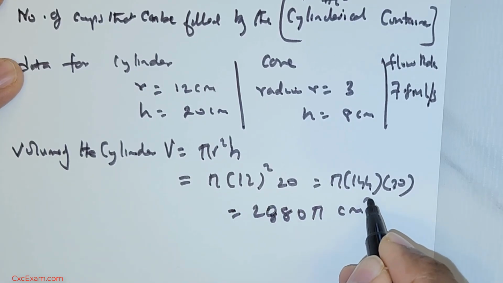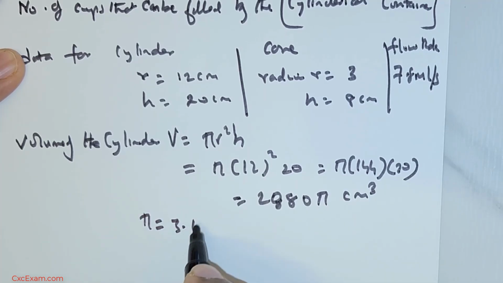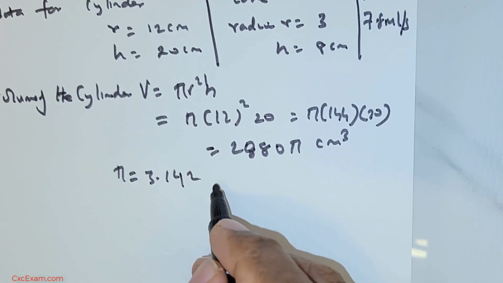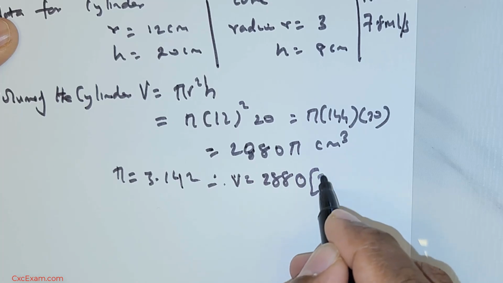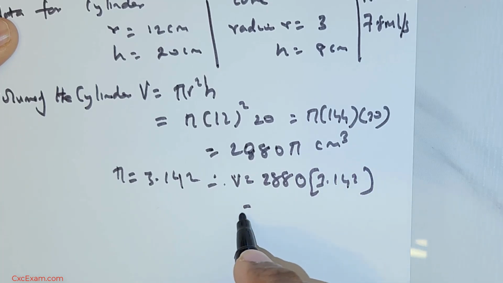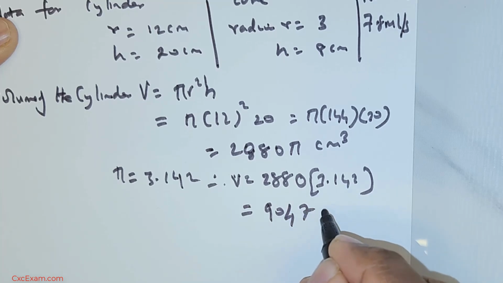This is volume, so cm is given, so cm cubed. You take pi to be as 3.142, so therefore volume is 2880 multiplied with 3.142, and that is going to give you a volume of 9047